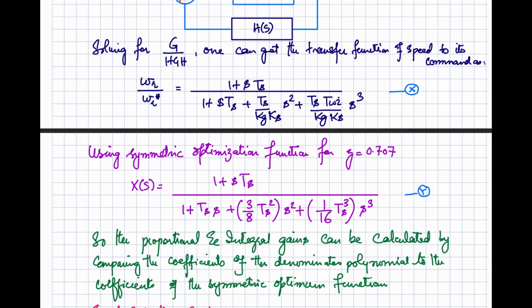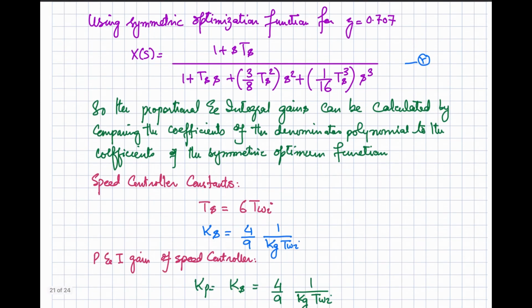You can use the symmetric optimum function for zeta equal to 0.707, that is given by this equation. And now if you compare the coefficients, this one with this one, sorry, 3 by 8 into ts square, and then this coefficient with this one, you can work out the values of ti and ts and the